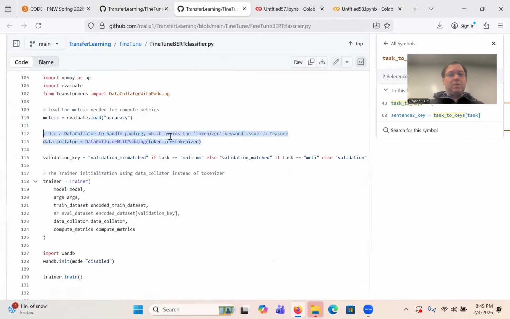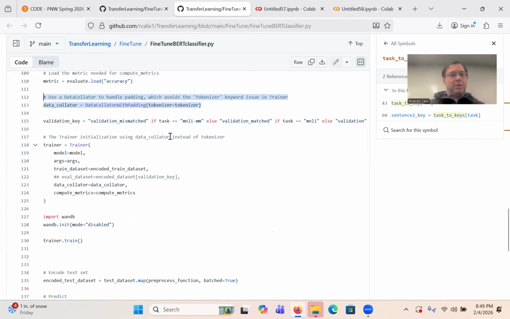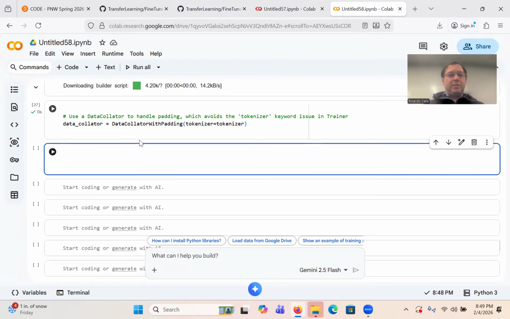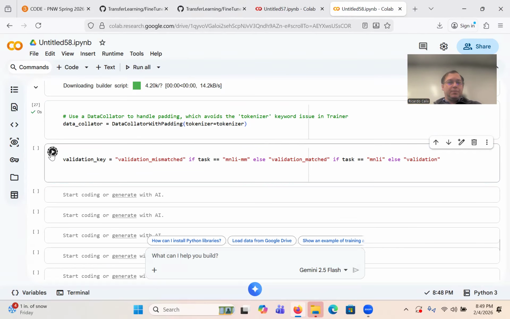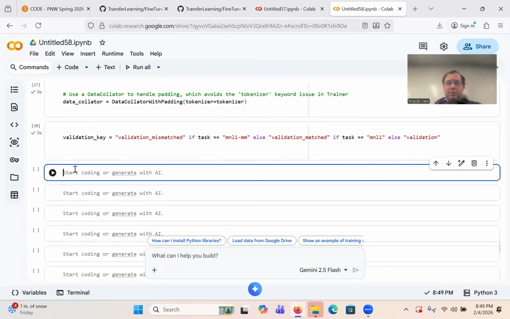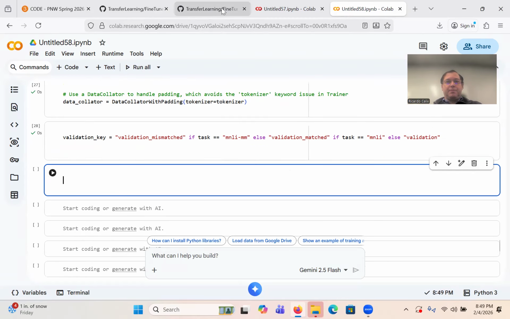We're getting close to being done. Validation key, let's just add this. Again, some of these things are to handle the various challenges. There's this MNLI, which you may have seen, so just use the default value there.